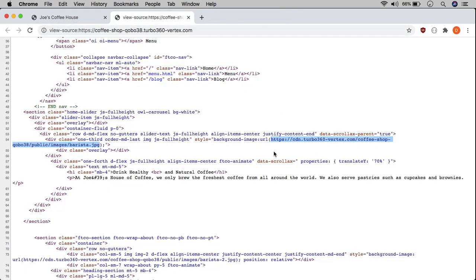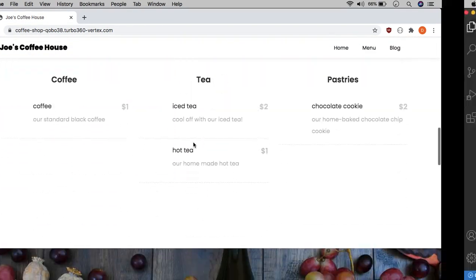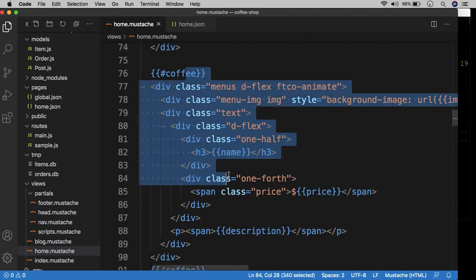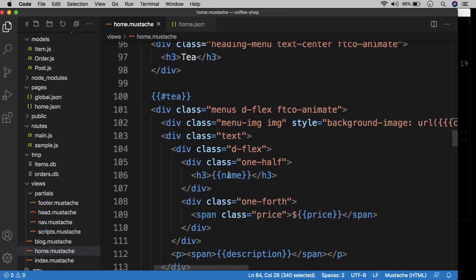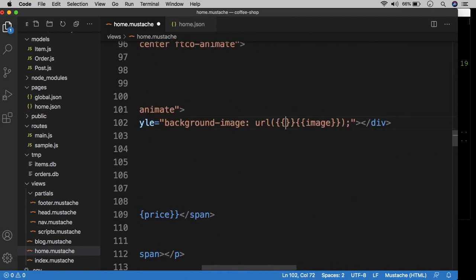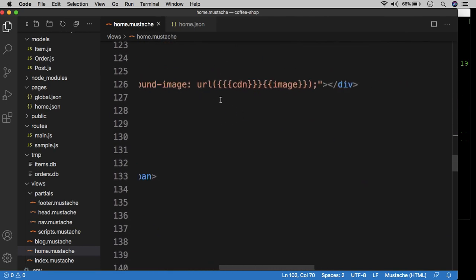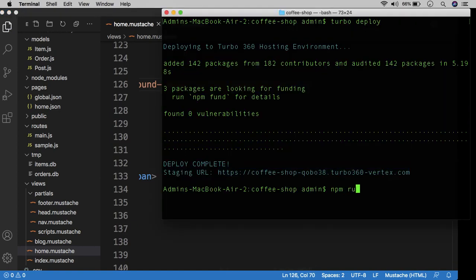Now I'm going to do one more deploy just to fix these menu icons because we don't want to leave that broken. So inside the coffee and tea, we got to get rid of that, and pastries sections. This should now be rendering from the CMS. So I'm going to deploy this,